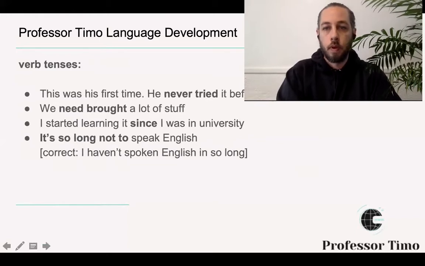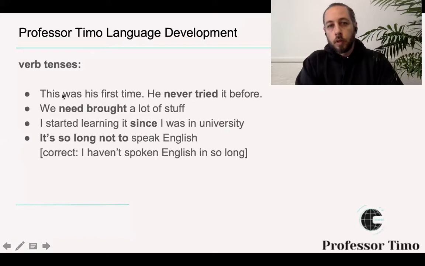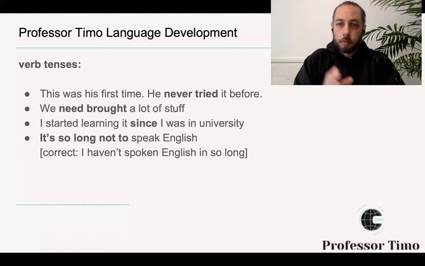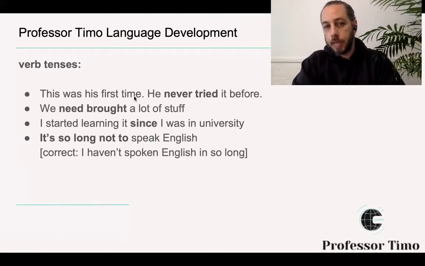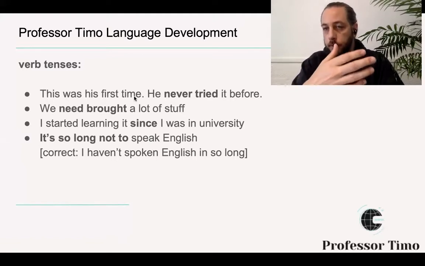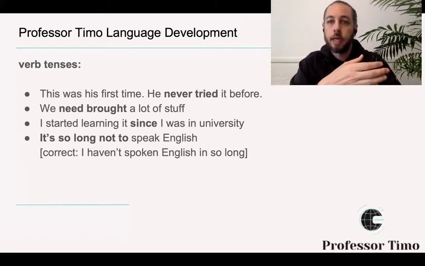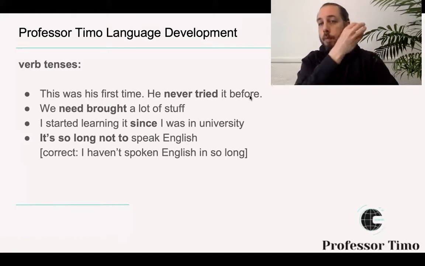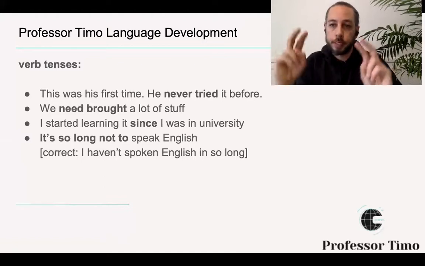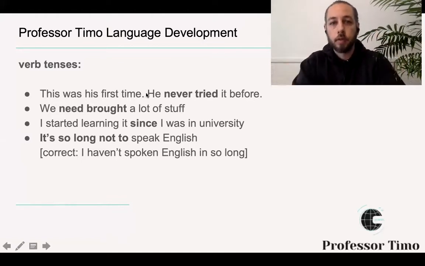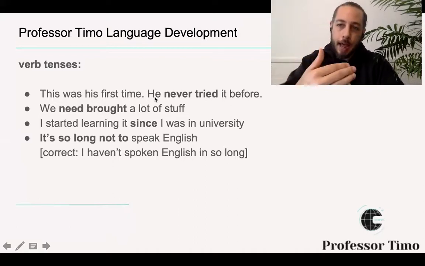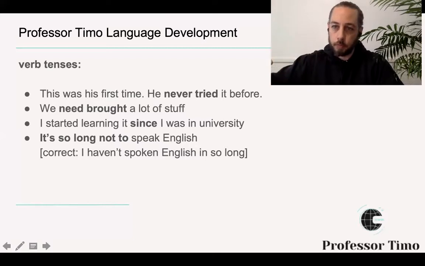All right. In bold, I've highlighted the mistake. Remember, these are our mistakes, and together we're getting the correct answer. So here, when we say this was the first time, this was his first time, you've set it into the past, and the before is talking about before that past, or we could say the past of the past. So this one should be your past perfect. This was his first time. He had never tried it before.